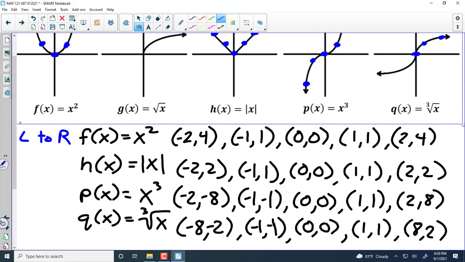One thing that's important is I'm picking ordered pairs that are near the origin, so they're easy to graph. I am picking nice, clean numbers. I could plug some nasty decimals into here, but why would I do that? And I'm also making sure I'm picking numbers on both sides